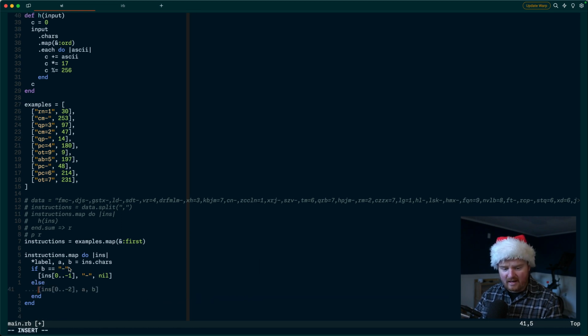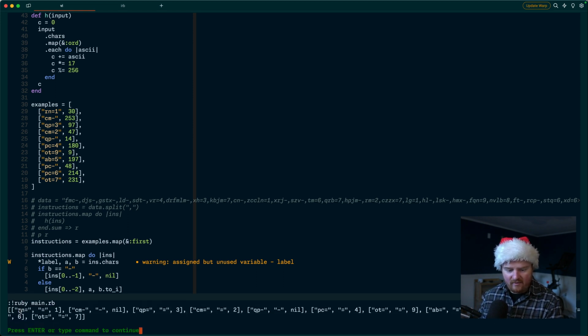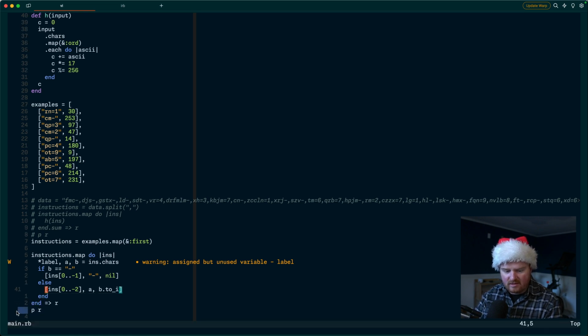Otherwise, the instruction is going to be up to -2. And then in this case, A will be our equal sign and B will be our number, our focal length. So then this will be like 2 integer because we want those to be integer values. So let's see what we get back here. Print R. So if we run this, okay, so now we have it broken down, but this is incorrect. So we don't want the equal sign in there. So instruction